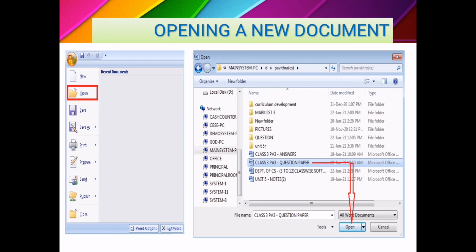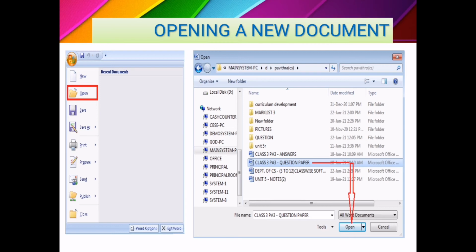Here, at least you have to remember the saved file name. Either you remember the folder, or otherwise you have to remember the file name which you gave on the last day. Otherwise it is difficult to find the saved file here.